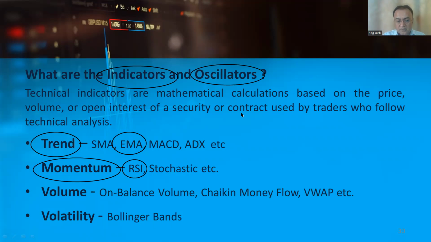So we are going to discuss EMA, exponential moving average, and RSI, the relative strength index. EMA comes under the trend following indicators, and RSI comes under the momentum based indicators. So are you interested to discuss all these things on the chart, the combination? Just let me know your interest.